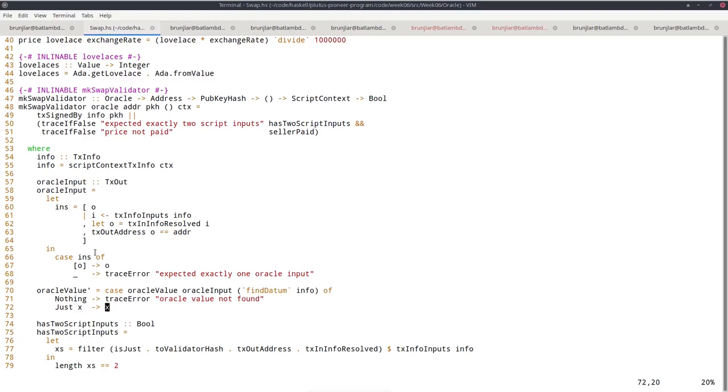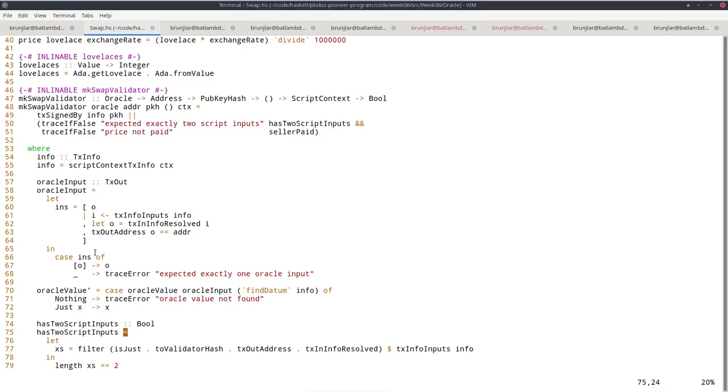And I was just wondering whether I forgot to check that this oracle input actually holds the NFT, but I don't need to check that because seeing as there is an oracle input, we made sure of this here. We know that because of how validation works, the validation script for the oracle input will also be run. And if you recall from the core module, that script checks that the NFT is present. So we don't have to do that here in the validator for the swap.